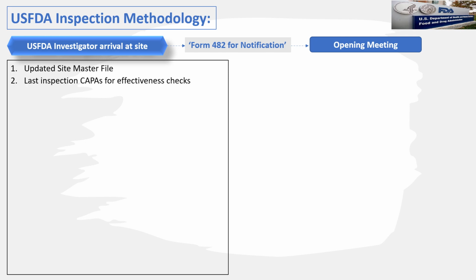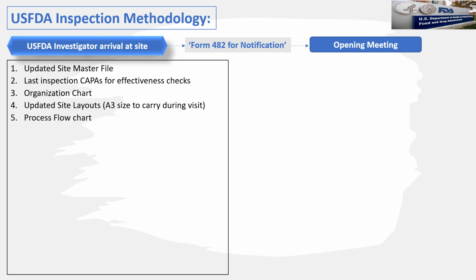The first is the updated site master file. Then last inspection CAPAs for effectiveness checks, the updated organization charts, updated site layouts. It is preferred that A3 layouts are available for the inspectors to carry on the visit, because they like to see it during the tour, where they are present and how the process flow goes. Then the process flow chart of the products in scope, the file dossier with any open or closed queries and